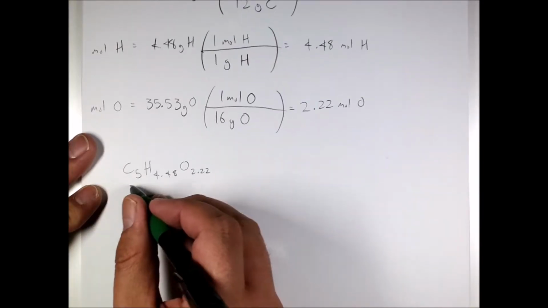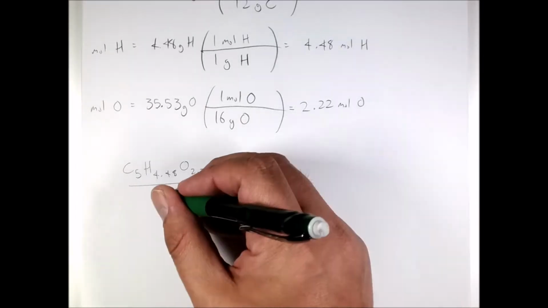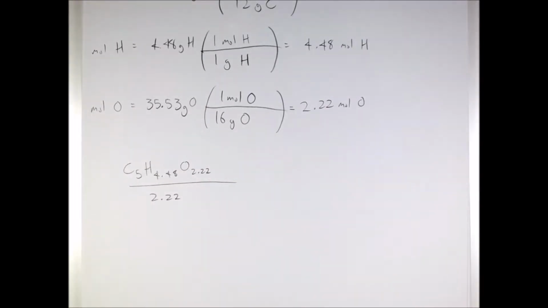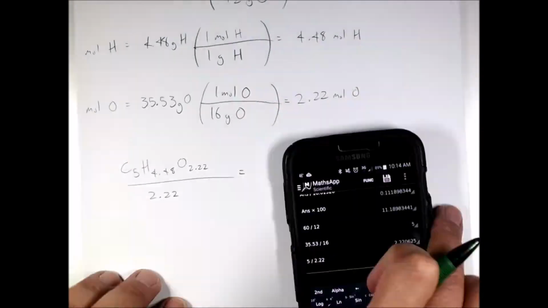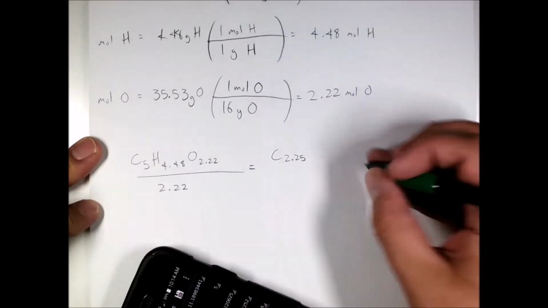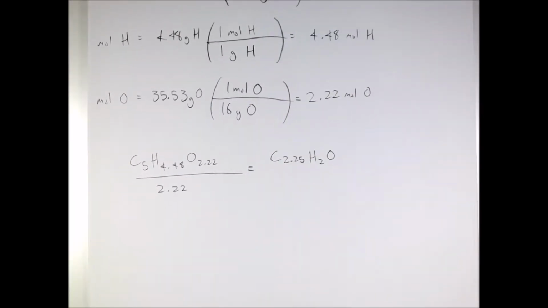I then am going to divide through by 2.22. All right, can I stop there based off what I said earlier about whole numbers? No. So now what I need to do is